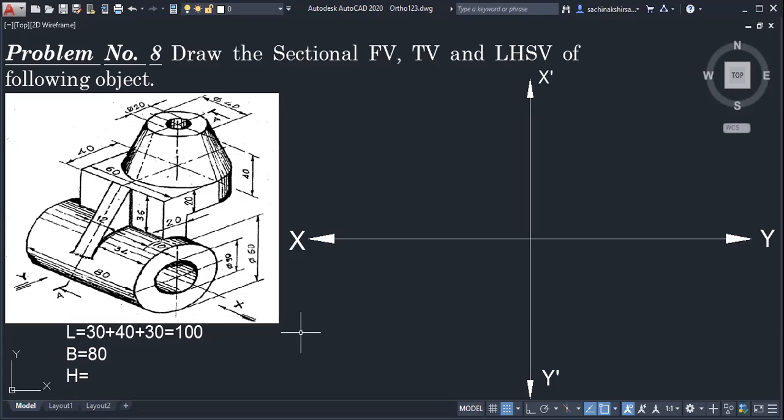Which 20? Middle vertical. So that middle 20 is included in that 36. 36 मध्ये आलेलं आहे ते. It is there in that 36.